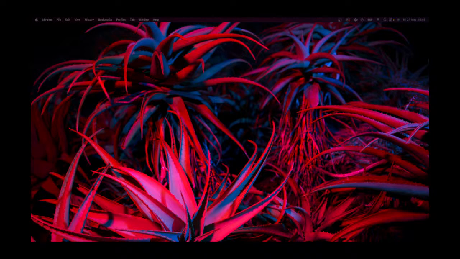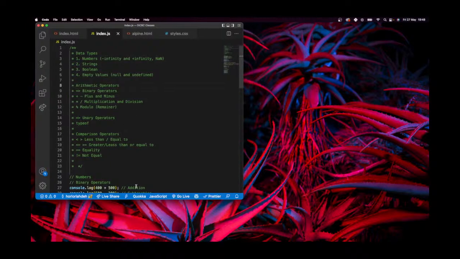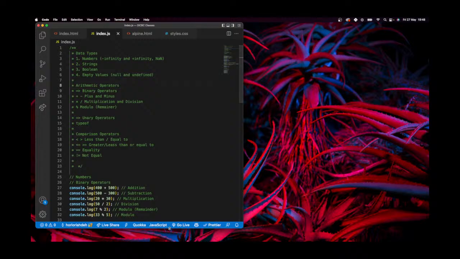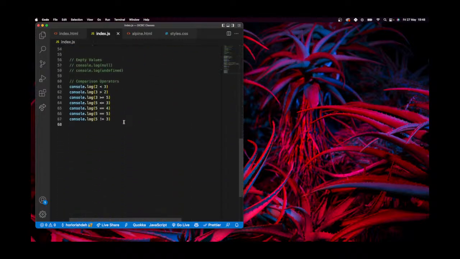So that's the link. For instance, I need to bring up Visual Studio Code so I can explain that to you correctly. When we talk about data types, we are not necessarily talking about data and value, which can actually be used interchangeably because they mean the exact same thing, right? So for instance, in JavaScript,